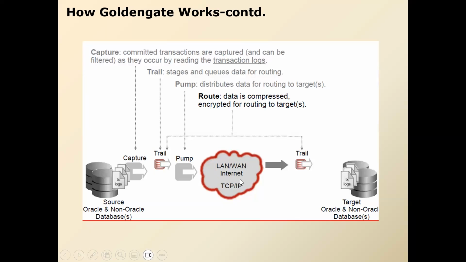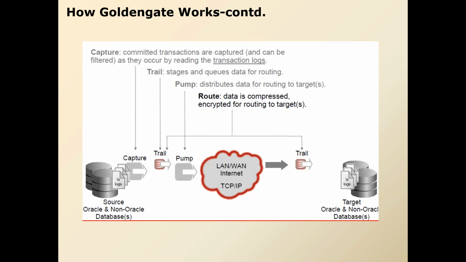The trail files residing on the remote machine, that is, on the target system, are called remote trails because they are remote to the source. So the extract process captures committed transactions only and writes them to the local trail file. Once the data becomes available in this local trail file, the data pump process reads the data from the local trail, sends it over the TCP/IP network, and writes it to the remote trail file on the target system.